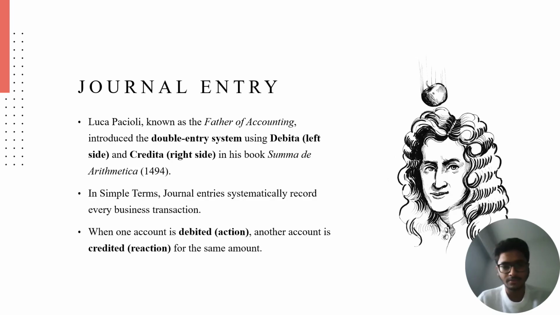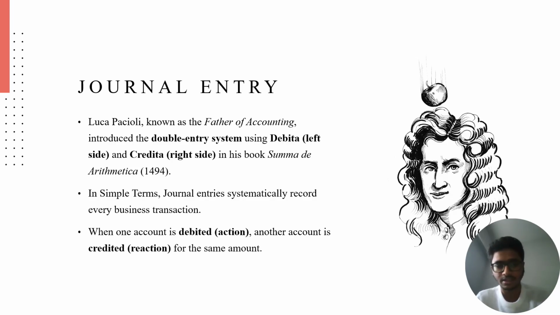If we remember, in our first lecture in class, our professor Ravin Hannibal sir spoke about debit and credit, and how Luca Pacioli termed these accounting terms. Basically, journal entries are nothing but a record of every transaction of the business. In simple terms, I have written that entries systematically record every business transaction which goes out or in. And this guy is Sir Isaac Newton.